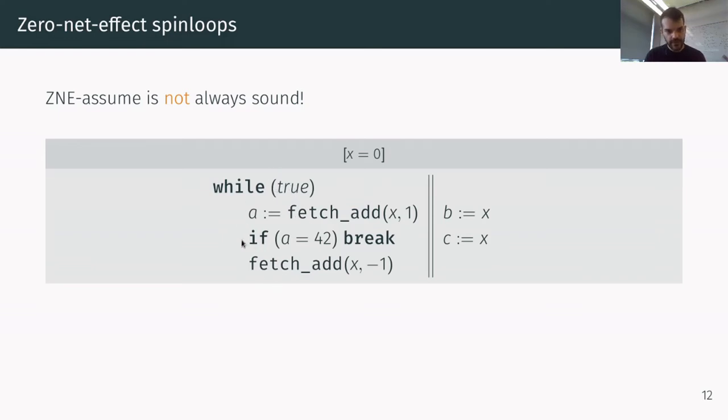So this code here is similar to the lock method that I showed before. The only difference is that now this loop breaks if A is 42. And now we have another concurrent thread that reads X twice. So what is the problem with this transformation? The issue is that if this instruction here does exist in the code, and if we do examine scenarios where the lock acquisition fails, where we actually execute this instruction here, then reading 1 and 0 for these two reads is possible. So for example, this read can execute after this instruction, read 1,